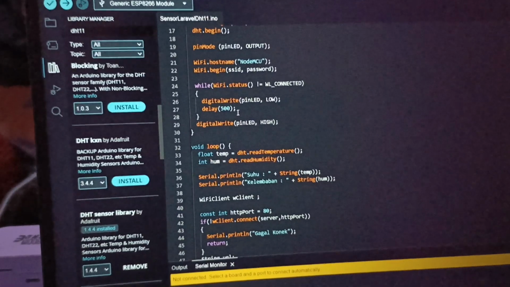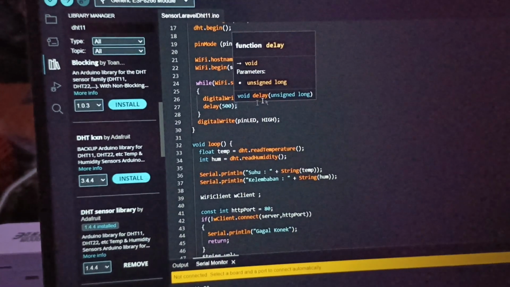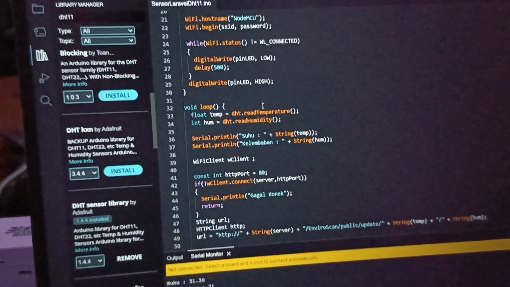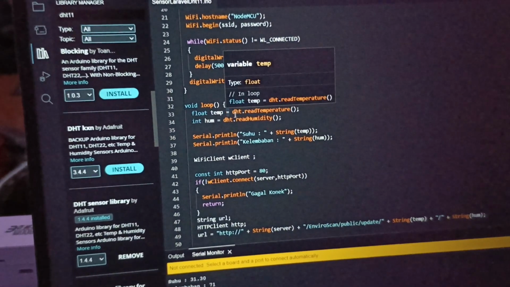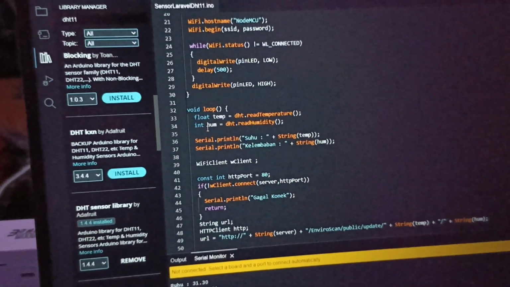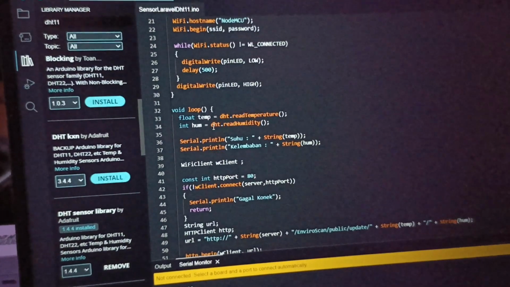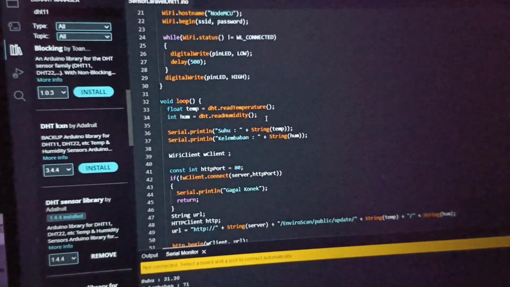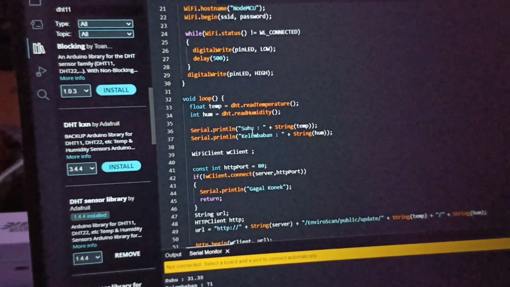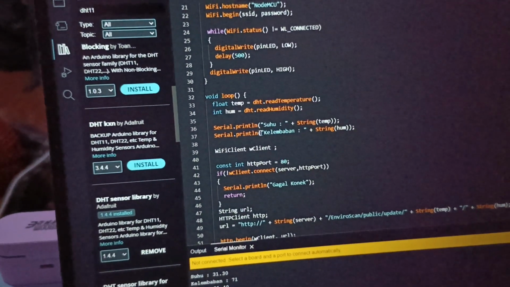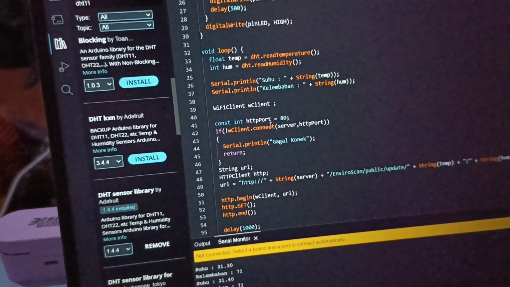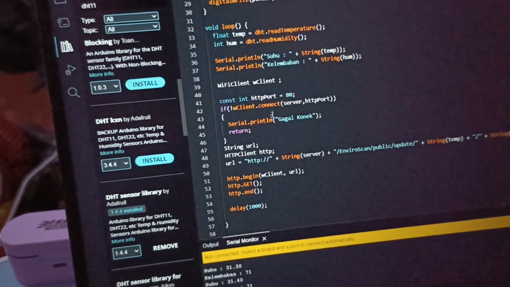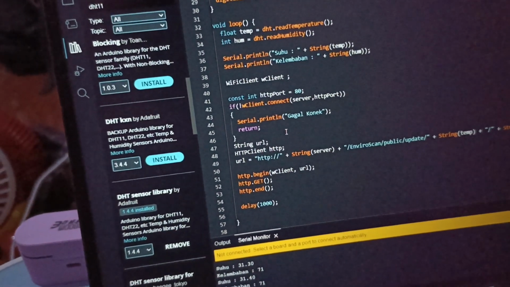If delay 500, LED is low. And this void loop, this a float temp dht.readTemperature and is an integer hum for humidity dht.readHumidity variable, and this a Serial print for suhu. Okay, this a Serial print for kelembapan, and this a WiFiClient. This a const integer HTTP port.